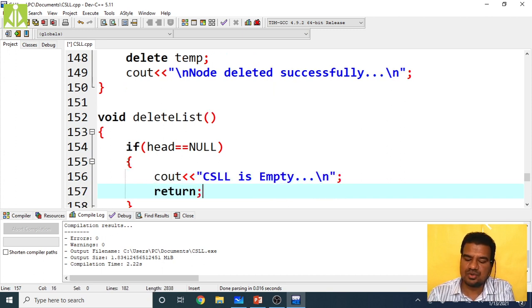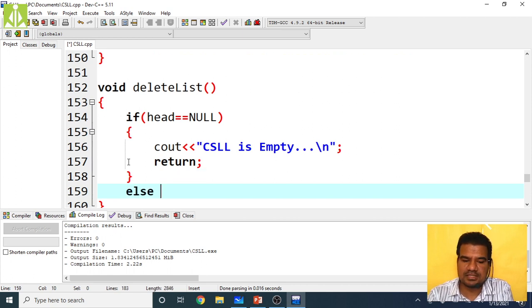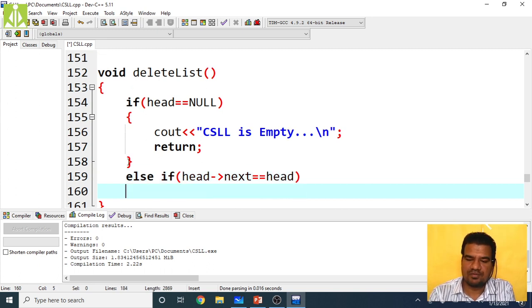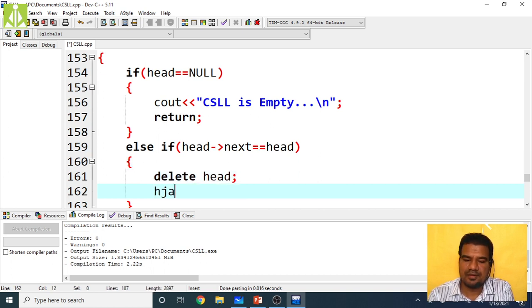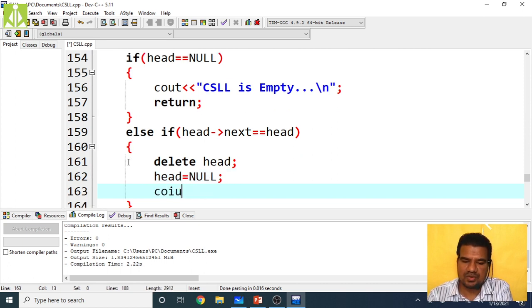And if there exists only one node, that is else if head of next equals head, then you delete the head, make head as null, and print the message.